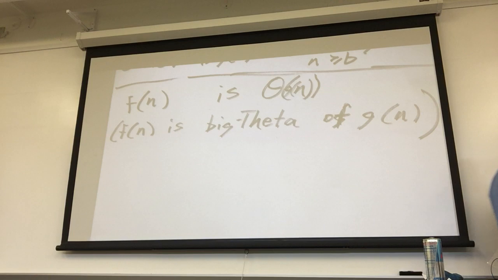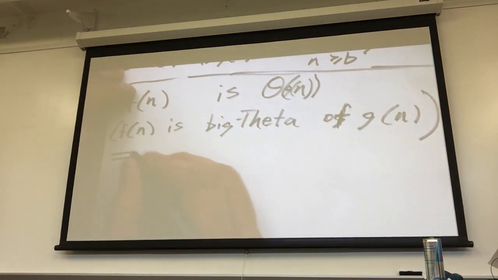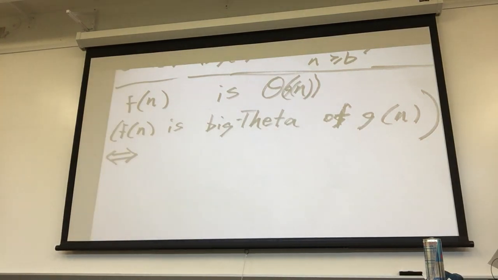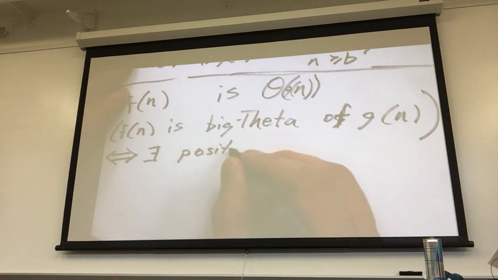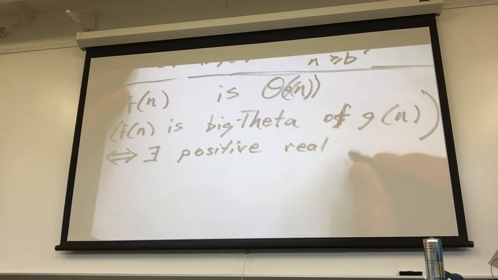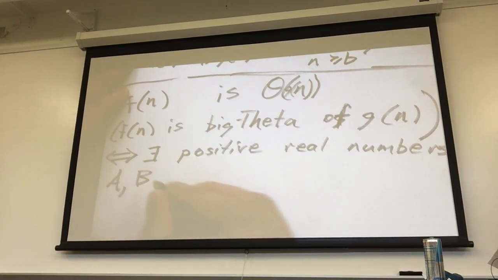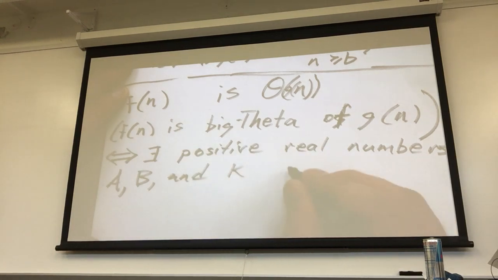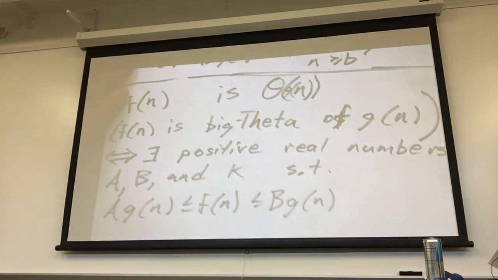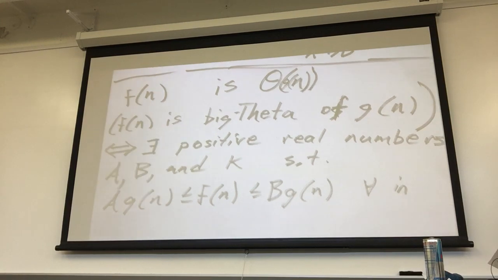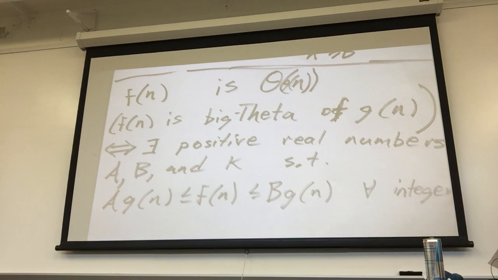So f of n is big theta of g of n if and only if there exist positive real numbers A, B, and K such that A times g of n is less than or equal to f of n, which is less than or equal to B times g of n, for all integers n greater than